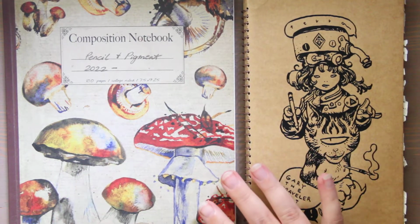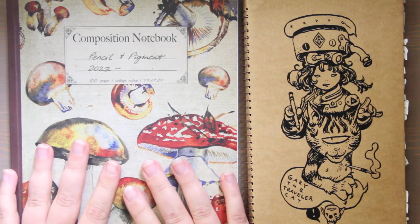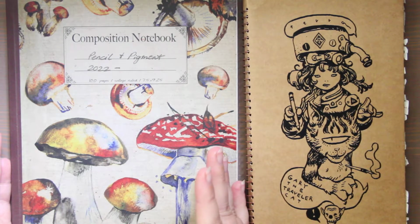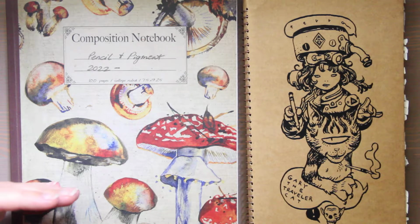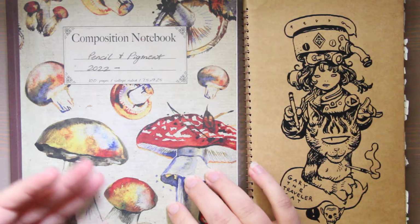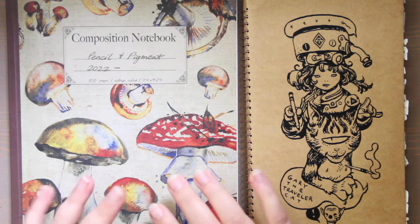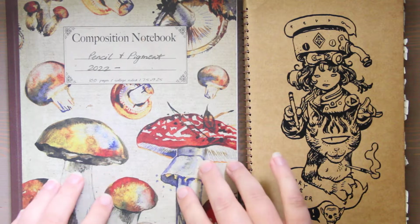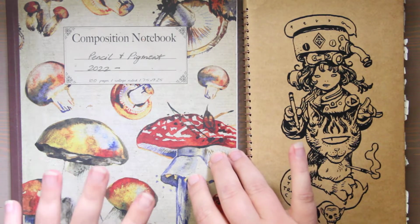Now, this was something I had purchased for our homeschool. We homeschool our 3 kids since the pandemic. And this was something I thought I would need for maybe lesson plans or putting together or making notes or assisting and helping out. Like, I had the best of intentions for this 100-page college ruled, it's kind of a